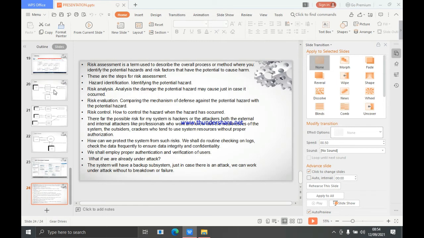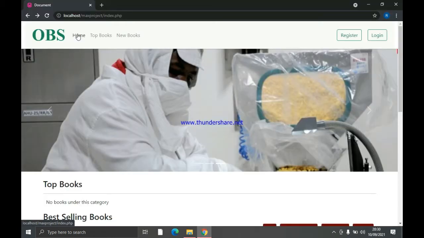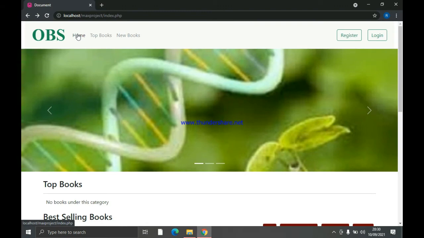Then finally we assessed the risk, analyzed everything, and came out with a solution down here. To the system, this is the solution. The system will have a backup system just in case there is an attack. We can find the bookstore, the CRM,